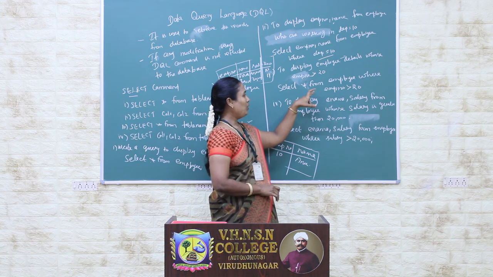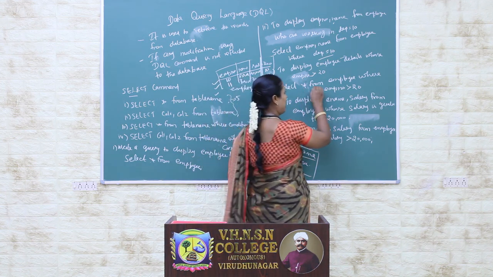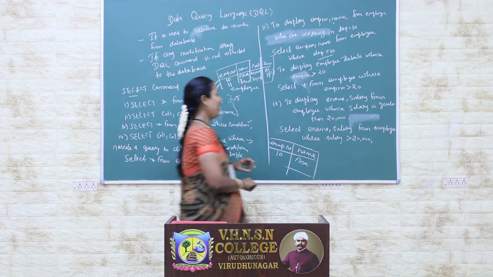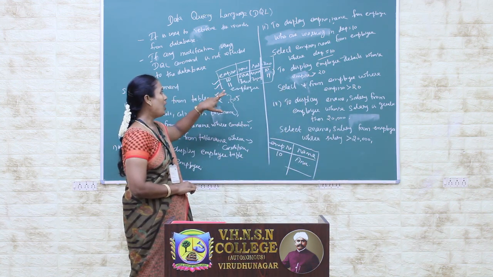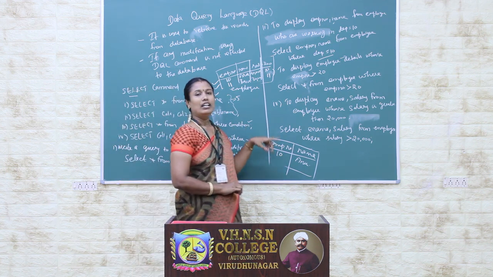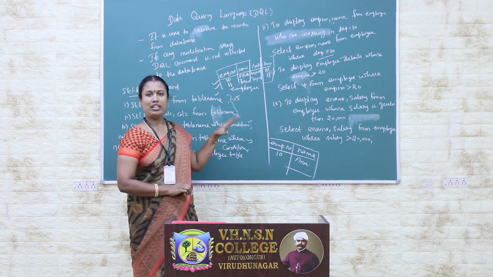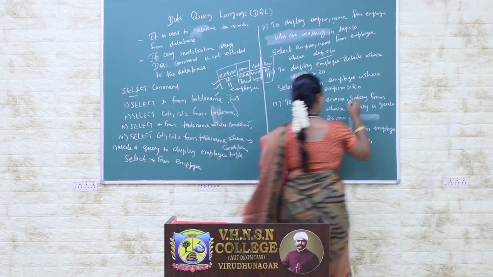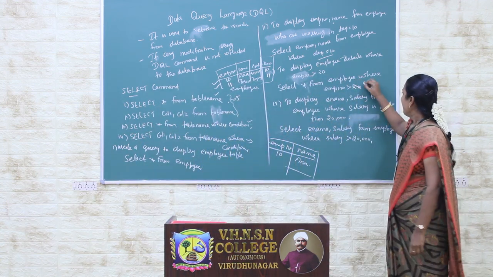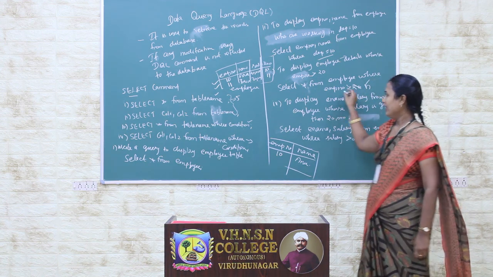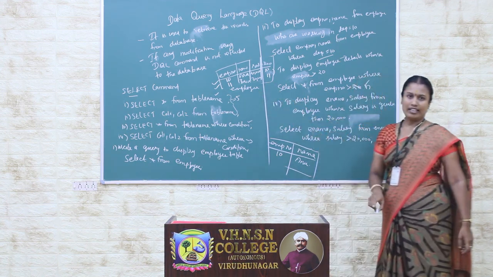Okay. So I can add the where condition: select star from employee where employee number greater than 20. In this table I don't have an employee number greater than 20, so I get the result "no such record". I receive only that message after executing this command. Whenever I change this 20 to 5, I get the result of these two records.